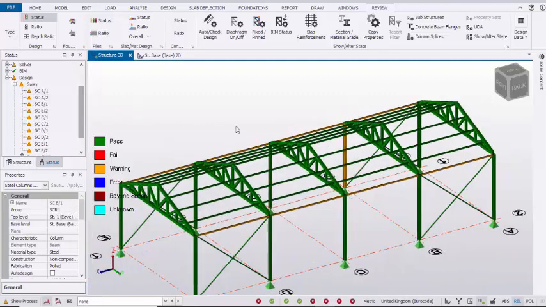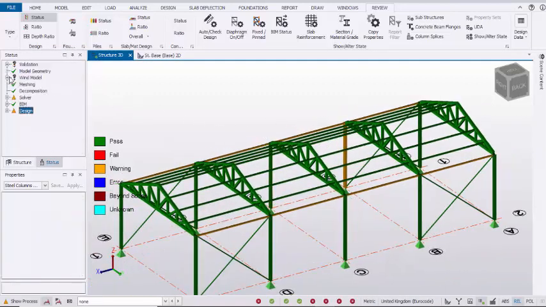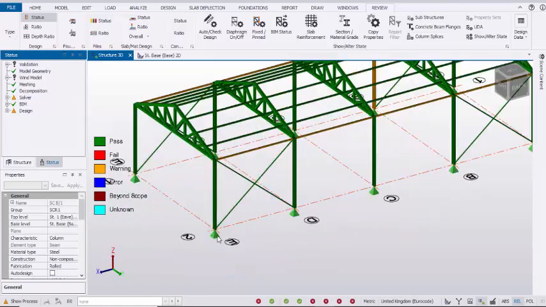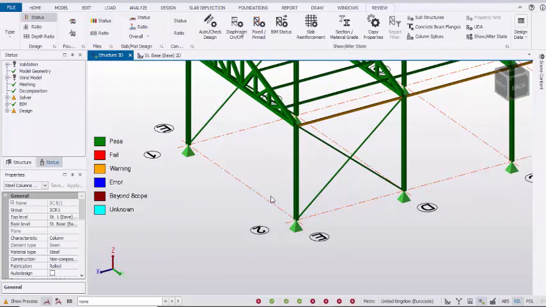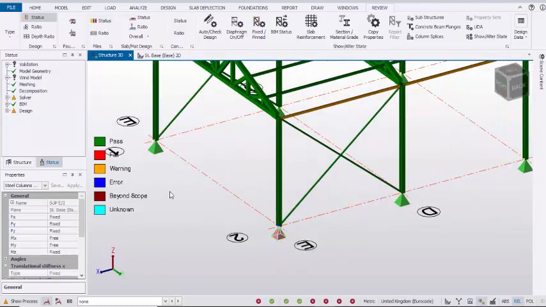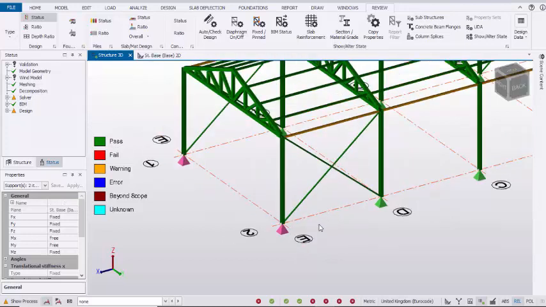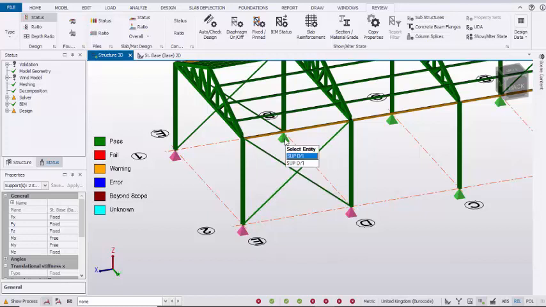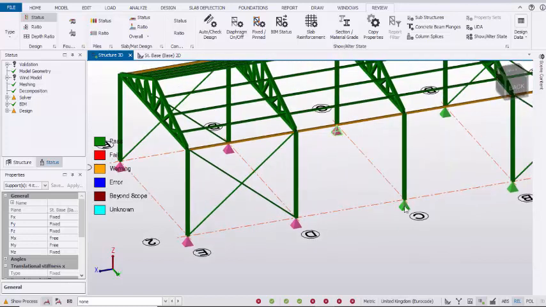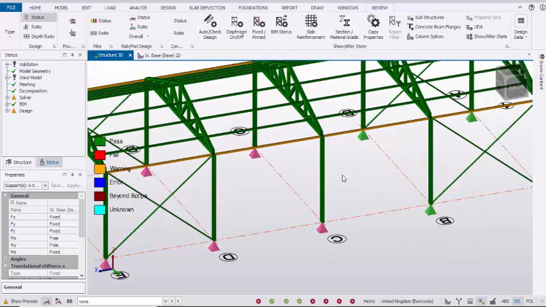So now we're going to resolve this issue by changing the supports of these columns. Currently we have the pin support. Now we're going to change this pin support to fixed support to resolve this issue. So hold the control button, select all these supports. Hold the control button, select all these supports to change the property of the support,